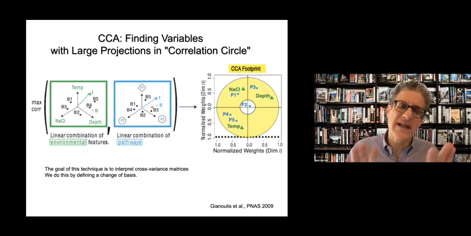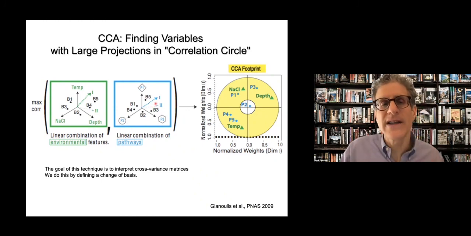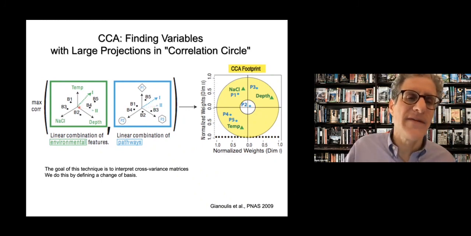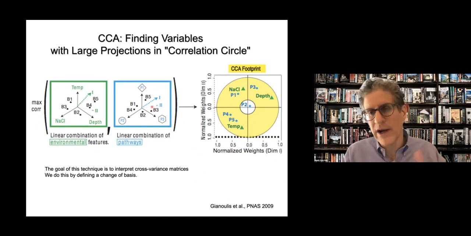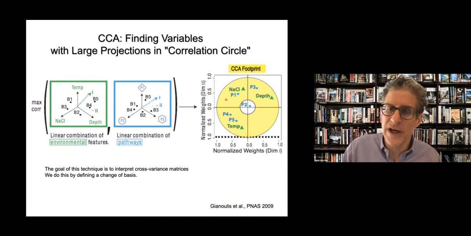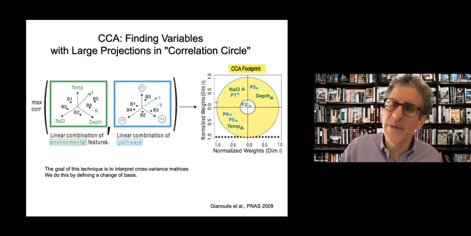It's different from PCA and SVD, which deal with one matrix. Here we have two different matrices. And essentially what this technique does is it finds the direction in each space that maximizes the correlation, and then a secondary direction that secondarily maximizes the correlation. And then it's kind of like a PCA plot, but now what you're plotting